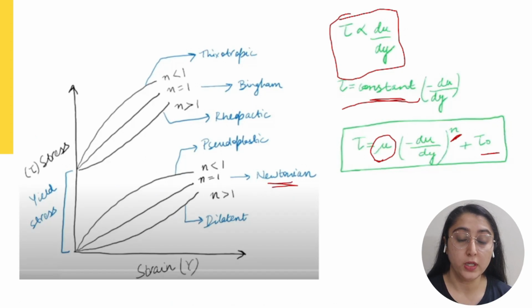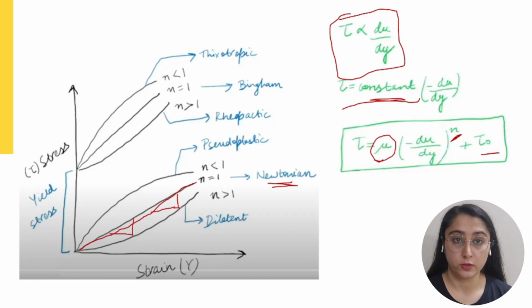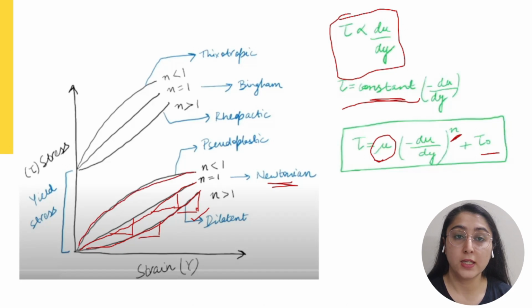firstly we have Newtonian fluid, where we see that it follows a linear path. Basically the viscosity at every point therefore will be constant. There is no change in the slope of this, so the viscosity will be constant for Newtonian fluid. But if you look at the dilatant fluid, we see that basically it follows a shear thickening behavior. This is because if we look at the viscosity at this point, and if you look at the viscosity at this point, the viscosity at this point will be higher. So it is basically following a shear thickening behavior. And if you look at pseudoplastic behavior, it is following a shear thinning behavior.